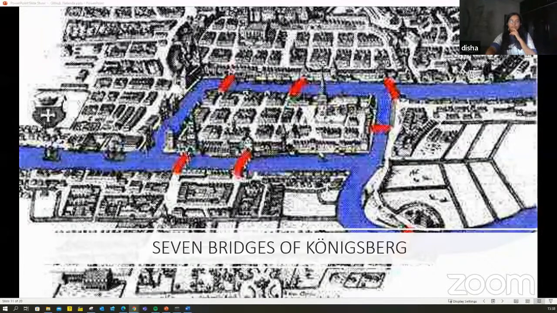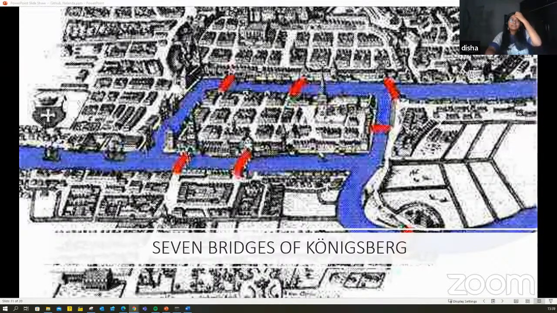And there was a problem that someone proposed: is it possible to walk through this city and cross these 7 bridges, crossing each bridge only once? This was the problem that somebody proposed.